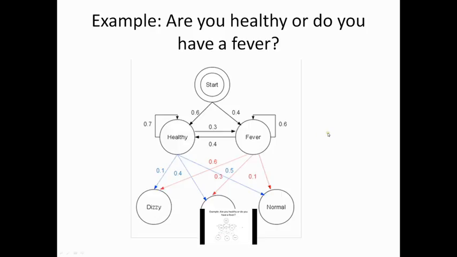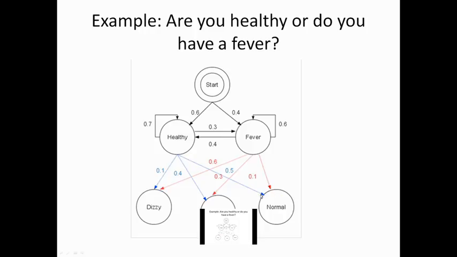So when you go to the doctor, knowing nothing, that's what he says. But if you have a fever, you have a 10% chance of not showing any symptoms, a 30% chance of being cold, and a 60% chance of being dizzy. If you're healthy, you have a 10% chance of being dizzy, a 40% chance of being cold, and a 50% chance of